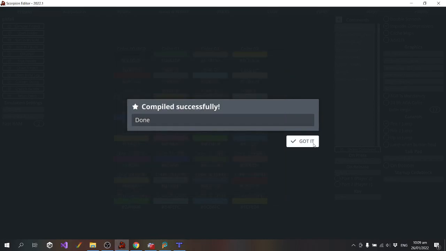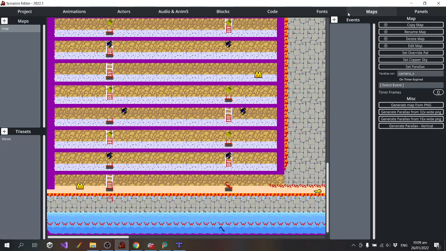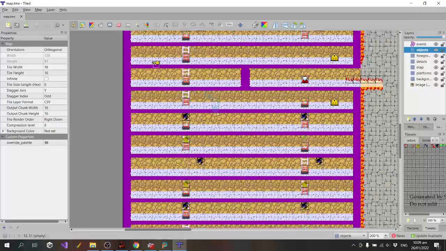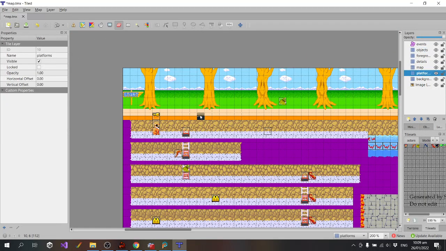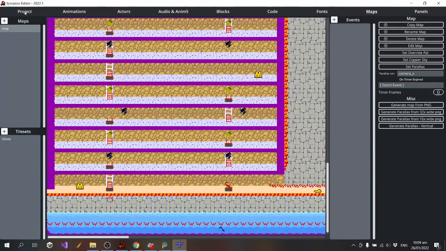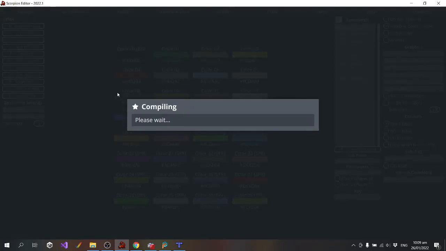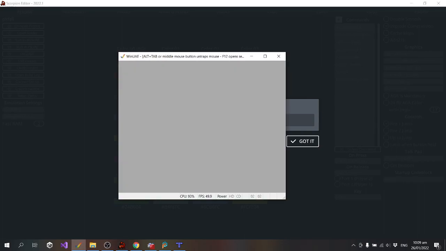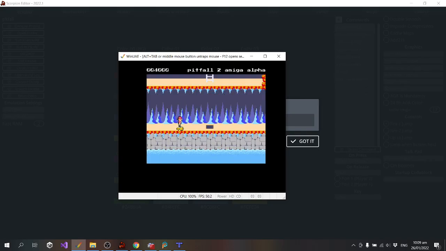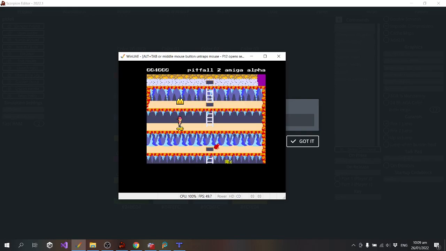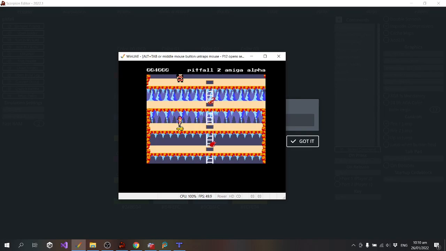Okay, I'm gonna cheat a little bit with the map. I'm just gonna add a hole right there, so I can fall through and check that some of that logic at the end of the game is working. Where was it supposed to be at?